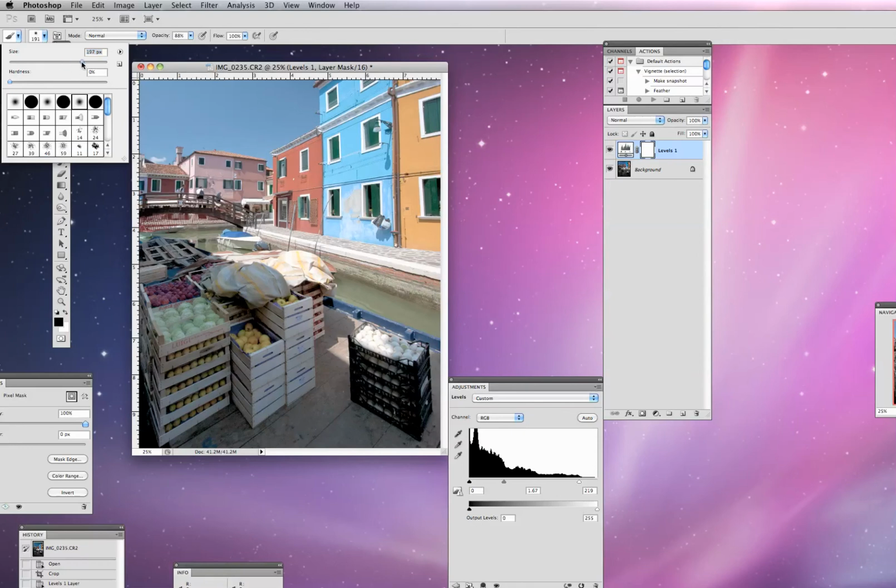The larger I make that tool, the larger the circle is going to be. And then I also can control the hardness of the edge of that circle. So with the hardness pushed all the way to 100%, when I use this tool, the edge of it is going to be very hard. In other words, it's going to apply the tool in a perfect circle. If I back this hardness all the way over to 0, the edge of this tool is going to be very soft, as represented in this thumbnail in the window below the